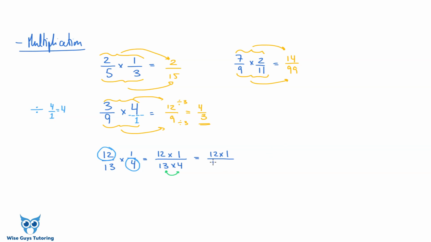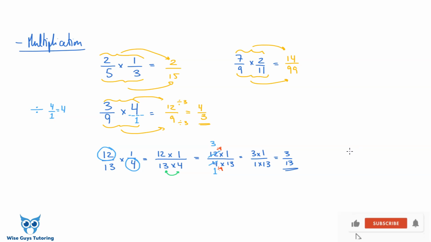So I can go ahead and say 4 times 13. And the reason I've rewritten it this way is just to show you guys that you have two numbers here that can be simplified, right? The 12 and the 4, they have a common factor between them, which is a 4. So what I'm gonna do is simplify them as a 3 and a 1. And if you're wondering how I've done that, all I've done is divided both numbers by 4. Okay, so this cleans up to be 3 times 1 over 1 times 13. And this answer is